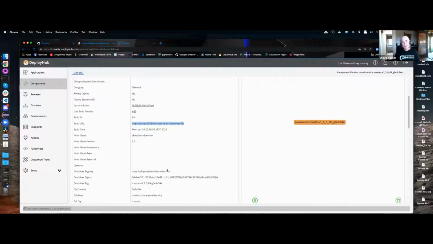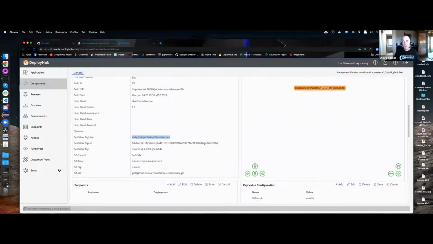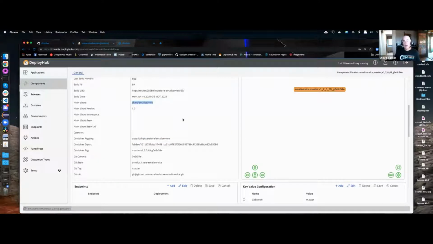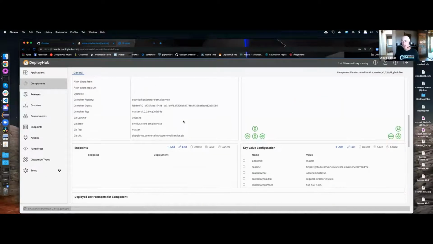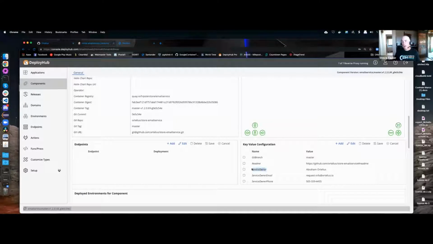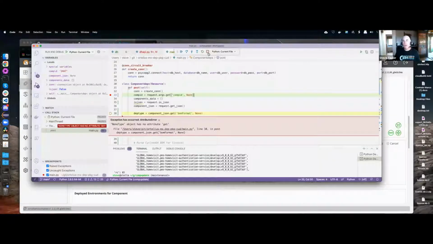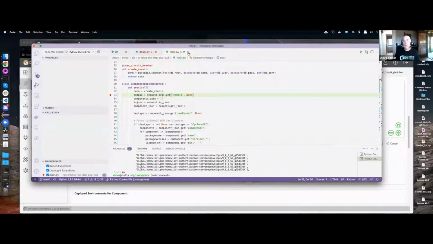We're going to grab some of the container information about where it was pushed, the digest, the information about the repo itself, the Helm chart that's actually used to install the service into the cluster. So that's the information that we're going to gather from the Jenkins pipeline. Some other things, this is the new service catalog data that we're gathering, the owner, the README file, those types of things. So if we actually look at the code itself,